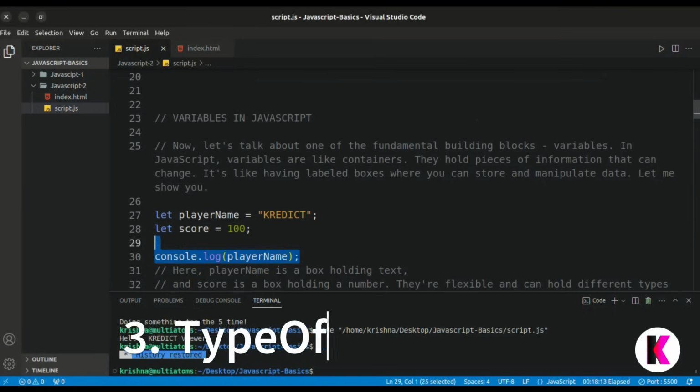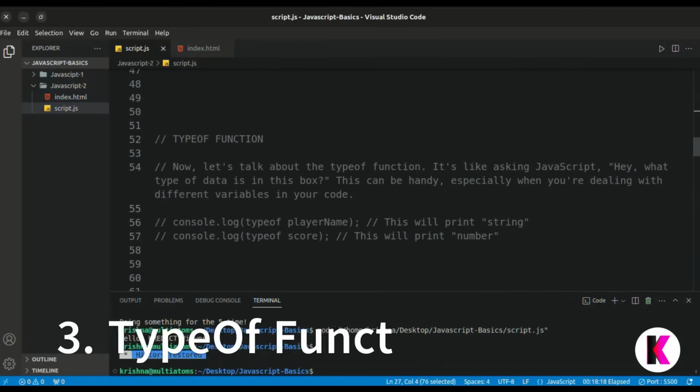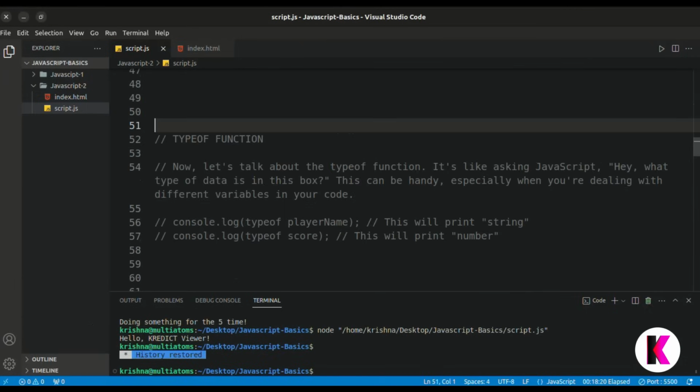Let's talk about the typeof function. It's like asking JavaScript, hey, what type of data is in the box? This can be handy especially when you are dealing with different variables in your code. So let's see the example. So this is your example. Console typeof player name.